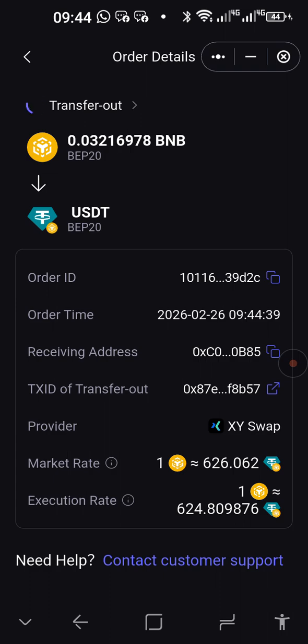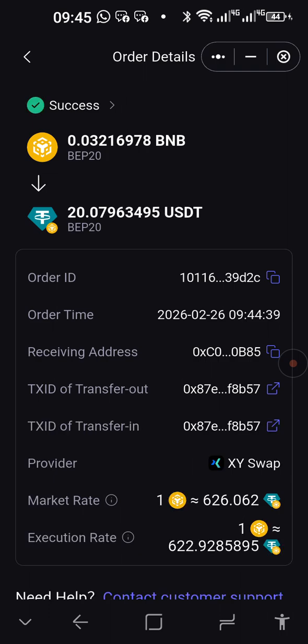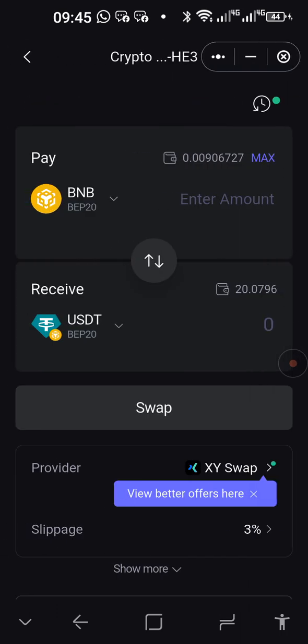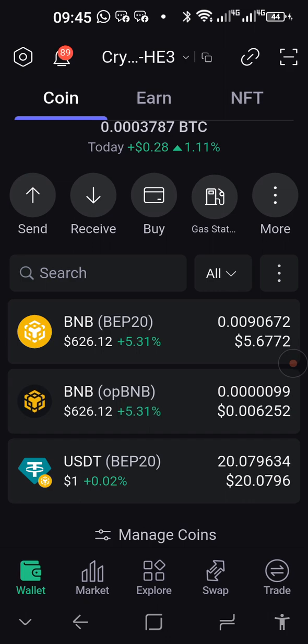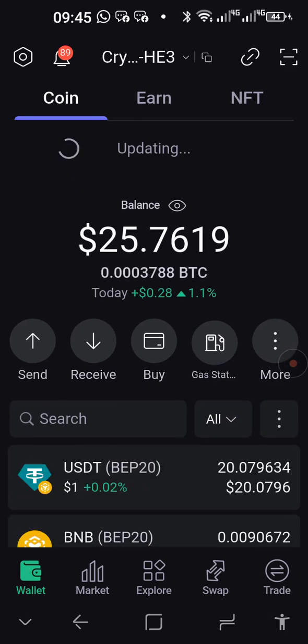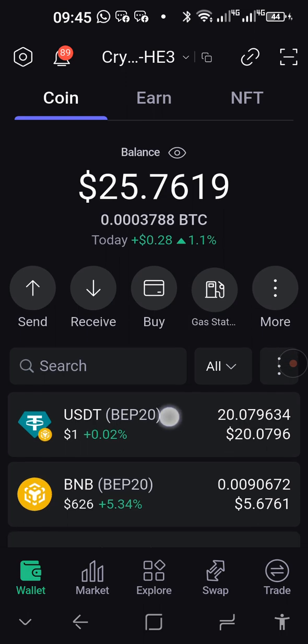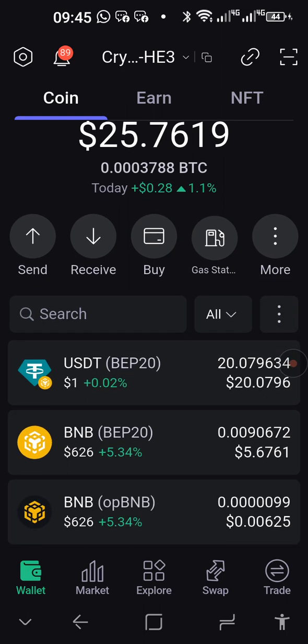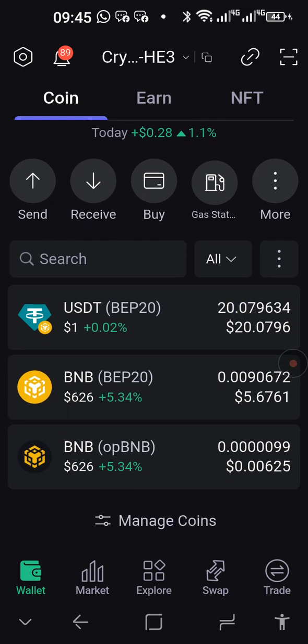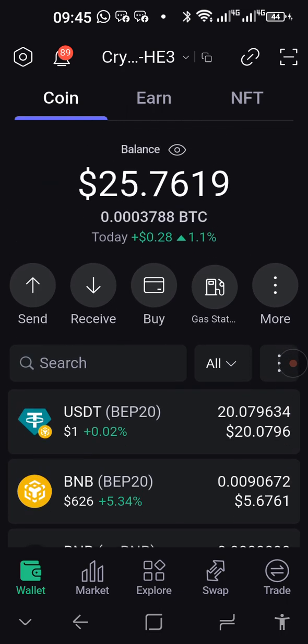And you know it is in the process of exchanging the coins. And then it's successful. You go back again and back again, and then just refresh the wallet. Now you have 20, you see it's 20.07 now. But I have 20 at least here, and I still have $5 for gas fees. So that is how you do it.